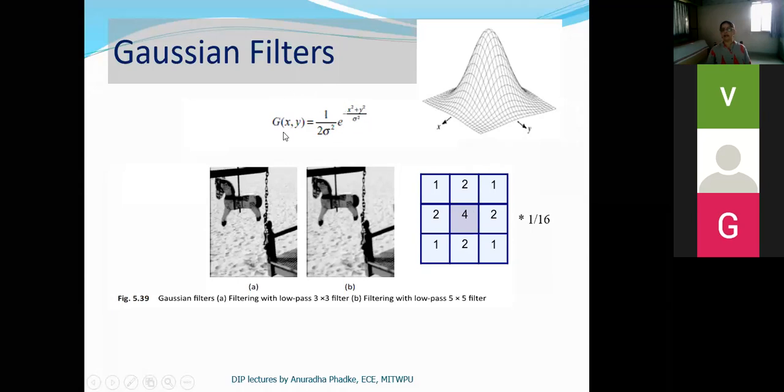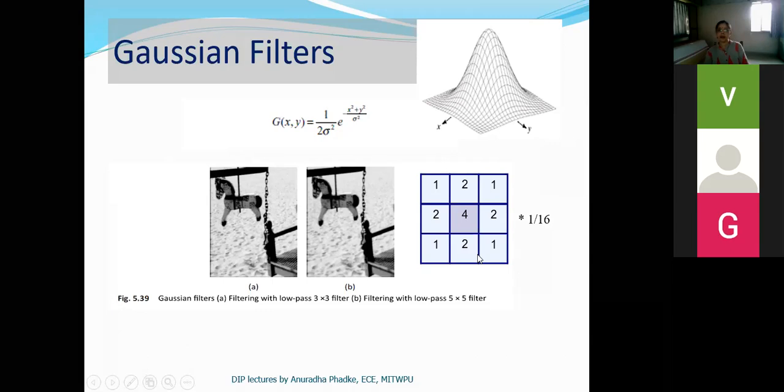All of you are familiar with this Gaussian function. G(x,y) is given by 1 upon 2 pi sigma square into e raised to minus (x square plus y square) by 2 sigma square. Okay. As you move away from the center, the amplitude of your filter coefficient goes on reducing. And the same is reflected here in this 3 by 3 filter.